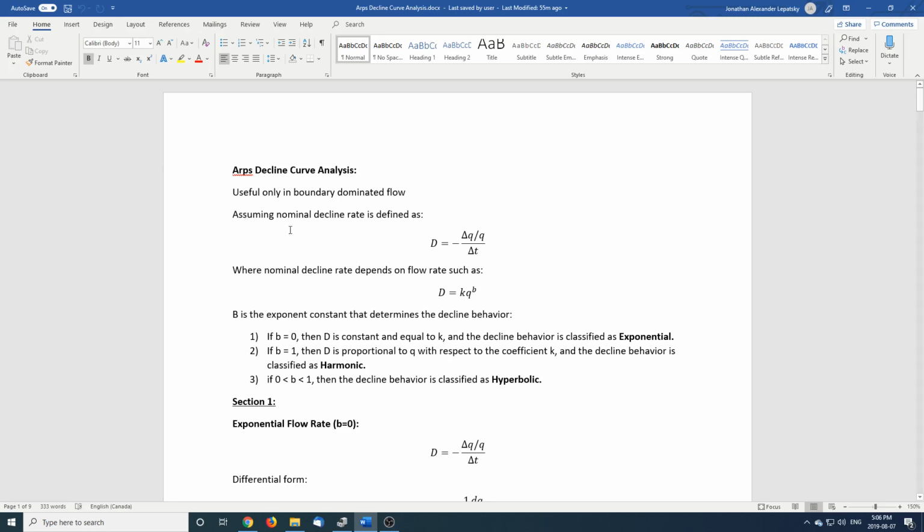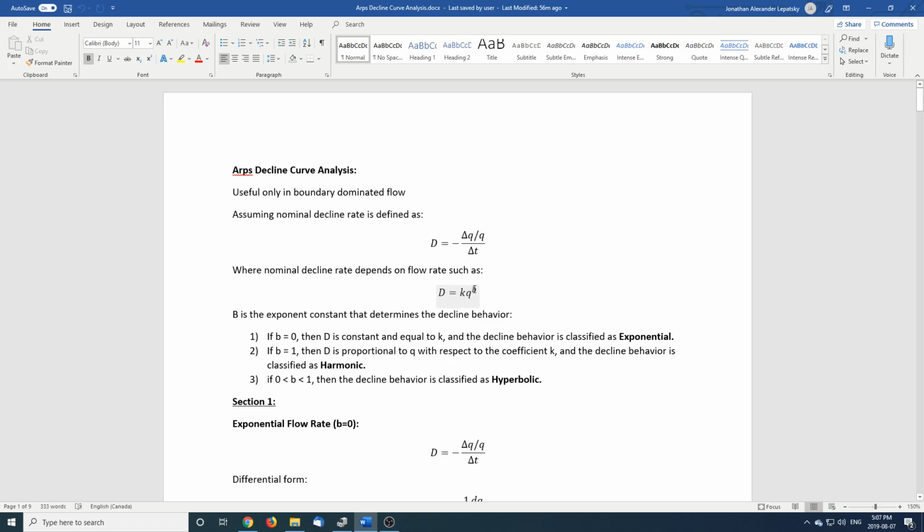relationships, the only two equations you need are these two here. So D is for the nominal decline rate, and it's defined as the fractional change in flow divided by the change in time. By fractional change in flow, that means the change in flow over the total flow, right? So it's a fractional change. That's pretty simple. And the other equation is as such, where you take your nominal decline rate and you